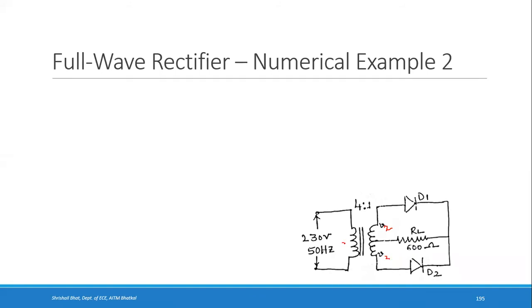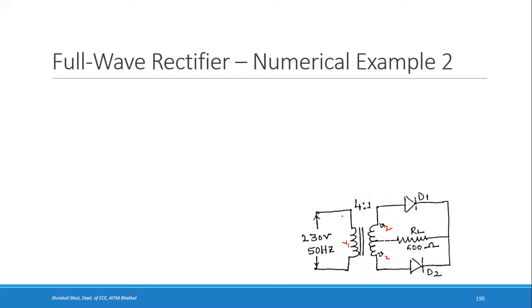So if this is V1, this will be V2 and this is also V2. So what is the total voltage here? It is V2 in the upper half and V2 in the lower half, so V2 plus V2 in the secondary, because the turns ratio, when it is mentioned, is for the entire coil, including upper half and the lower half. So the voltage induced in the secondary of this center tap transformer is 2V2.